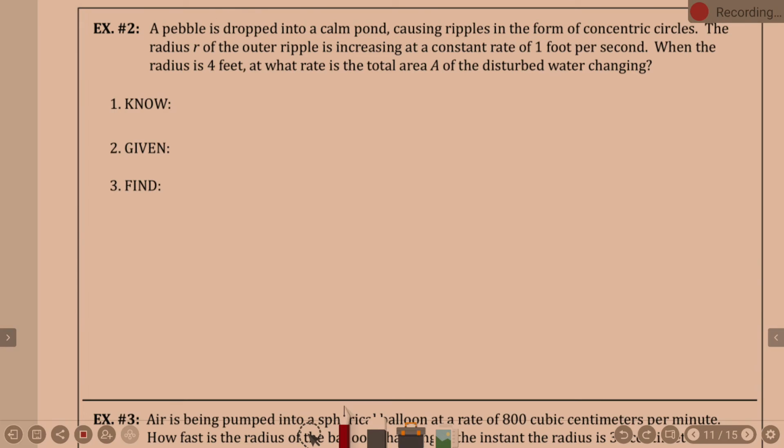What is a concentric circle? Just like a regular circle? So here's my pebble. Have you ever seen ripples? There's your concentric circles. Not drawn the best, but you get the idea, right? You drop the pebble, and if you watch the water, there are circles rippling out. Okay, so with that in mind,